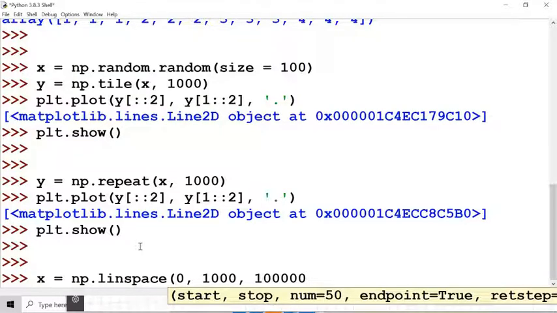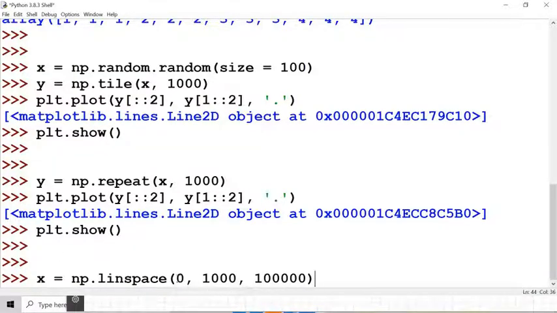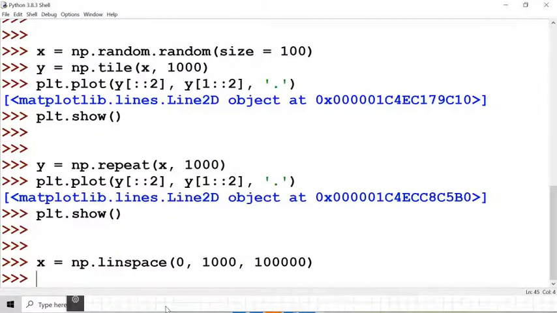Suppose I create between 0 and 1000, and then I create np.sin of x. That means the range is from 0 to 1000, and these values are taken as radians, and then I take the sine of those numbers. Okay, so let me see that.